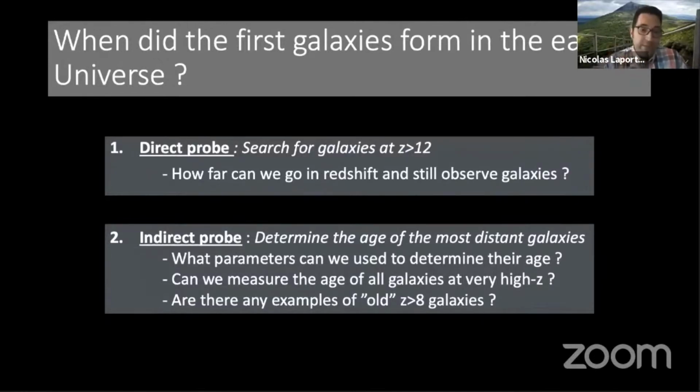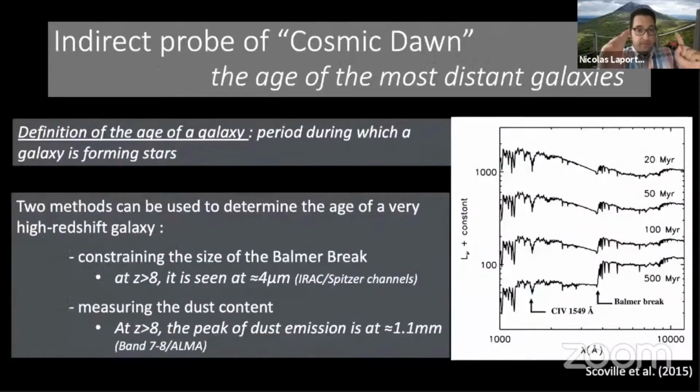I will focus on the indirect approach, which is to search for extremely distant galaxies and try to determine the age of these distant galaxies. And with that, you will be able to push back in time the formation of the first galaxies. But to do that, you need to answer three questions. First, do we have good age indicators at very high redshift? Secondly, can we measure the age of all the galaxies at very high redshift? And then, do we have any good example of a galaxy with an old stellar population at a redshift above 8, for example? So, first of all, I would like to give you my definition of the age of a galaxy,